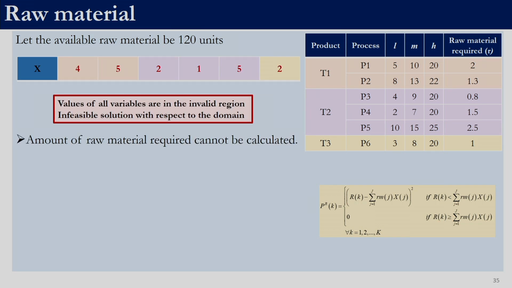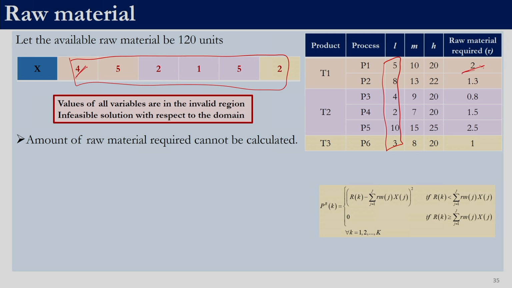So, similar to our previous discussion, if we get a solution which is actually violating the domain constraint itself, so, these 6 values are less than these 6 values and they are not 0, right. So, in this case we cannot calculate how much raw material is required. So, the raw material here we cannot say that it is 4 into 2 or 5 into 1.3, right. That is because this production itself is not permissible. So, if the production itself is not permissible, there is no point in calculating the raw material that is required. If a variable violates the domain constraint, the raw material required is not to be computed.